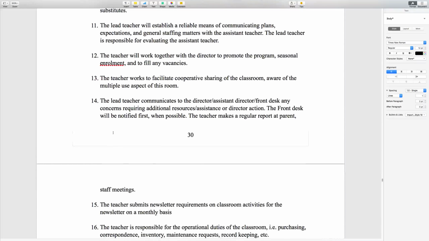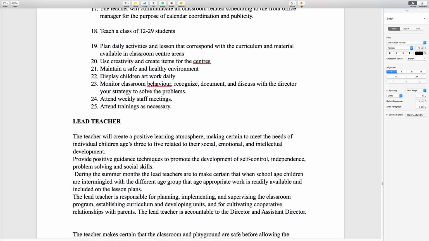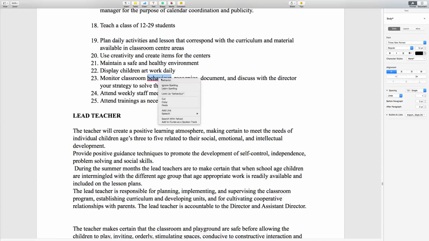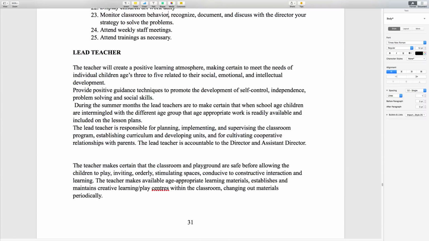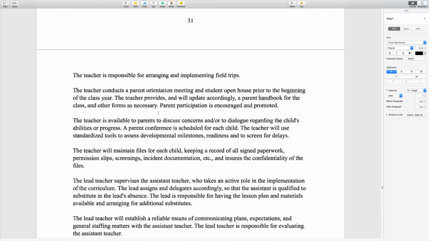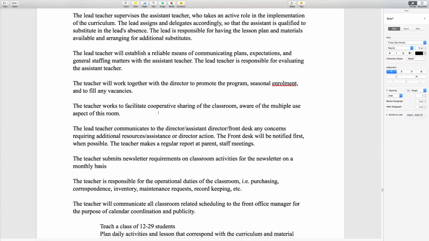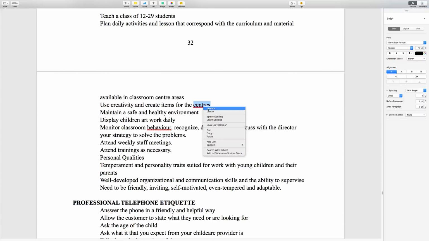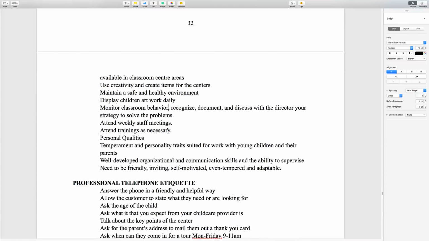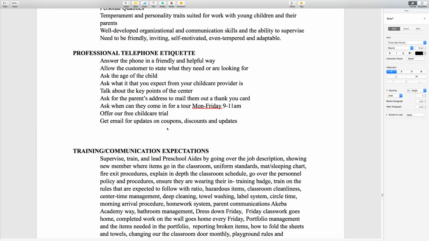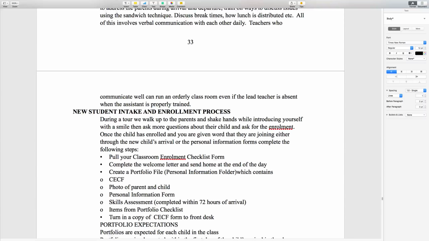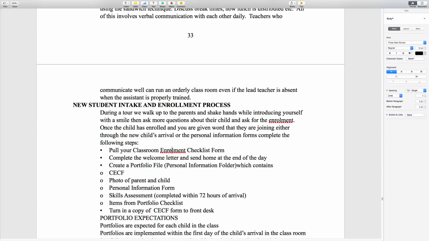Okay, then you go through your job descriptions, your lead teacher role. Then you go through what the lead teacher is responsible for. I mean, you being very, very detailed. You guys can read it. Then you go through the telephone etiquette, the training expectations, the new student, how to bring in a new student into the program,